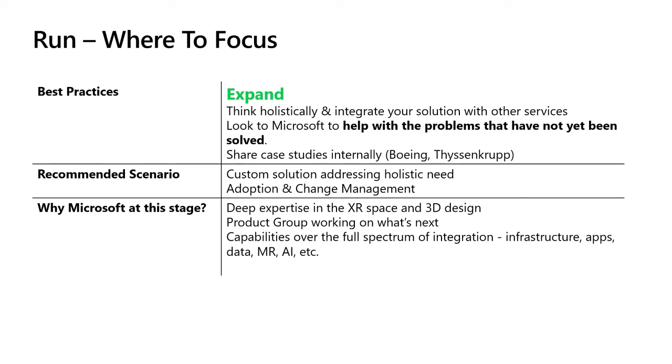And finally, Microsoft is a great partner for you here because of our deep expertise working across industry. Our product group is always working on what's next, both on the device side and the solution side. And we've got the full capabilities over the spectrum of everything you want to do to integrate with data sources, machine learning, IoT solutions, basically anything you can think of, we can help you get there in terms of the